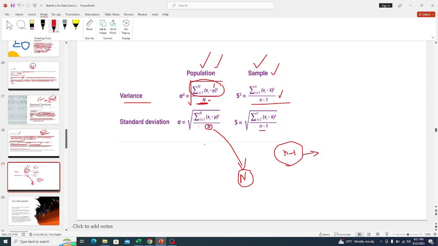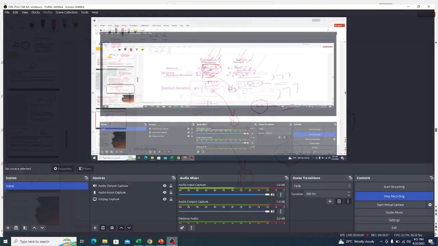Why can't it also be n minus 1 under the population? You can go and research more on that. And that marks the end of my